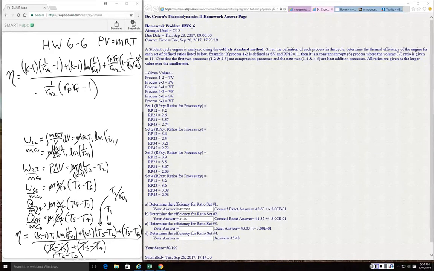So there's no T1 left in that equation, and the efficiency finally is a function of RV1, RV2, RP,